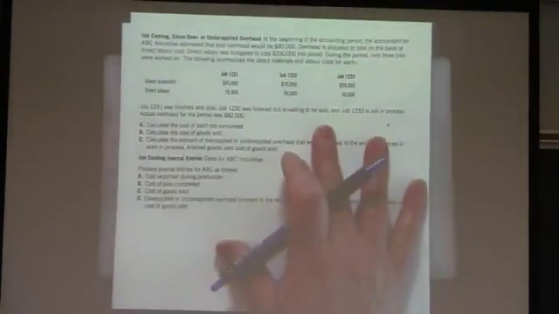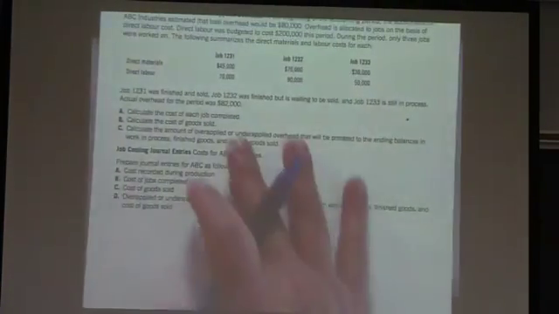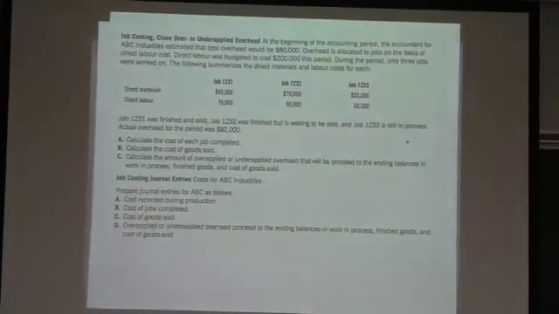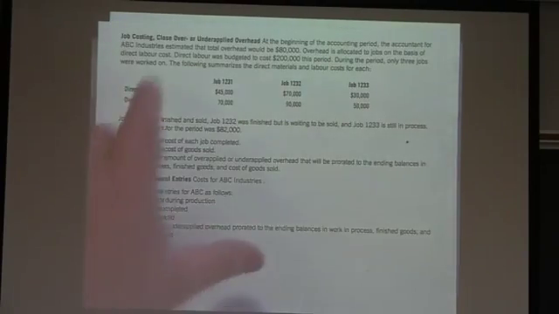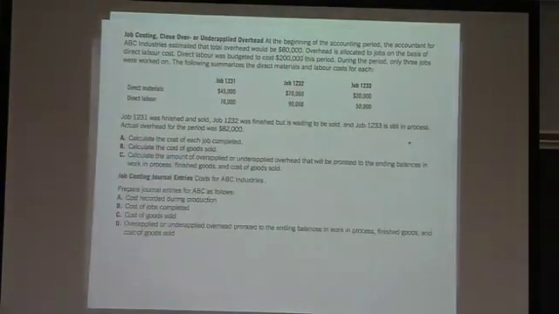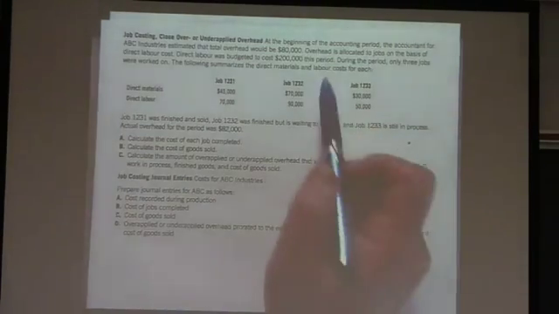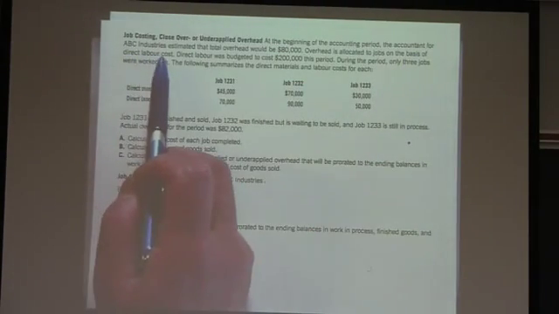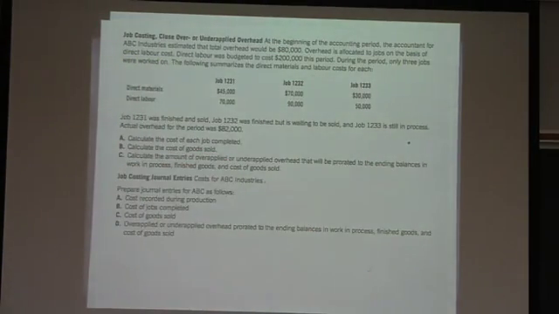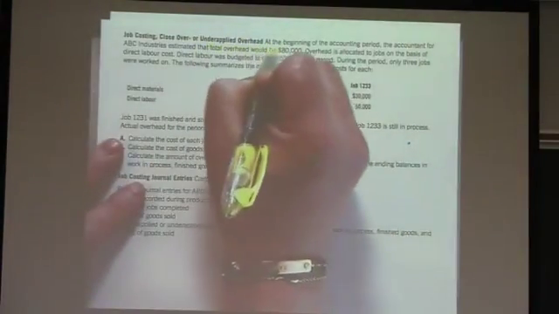So this question has 3 different jobs. At the beginning of the accounting period, the accountant of ABC estimated total overhead to be about $80,000. This total estimated overhead is allocated to jobs on the basis of direct labor cost. So this is total overhead, and the allocation is direct labor cost. Now we're going to actually